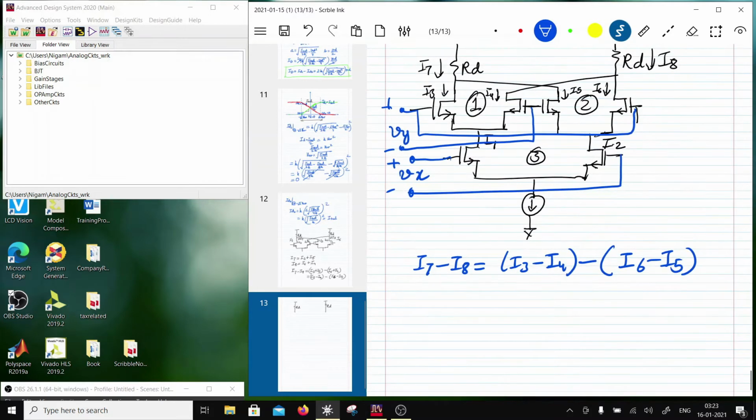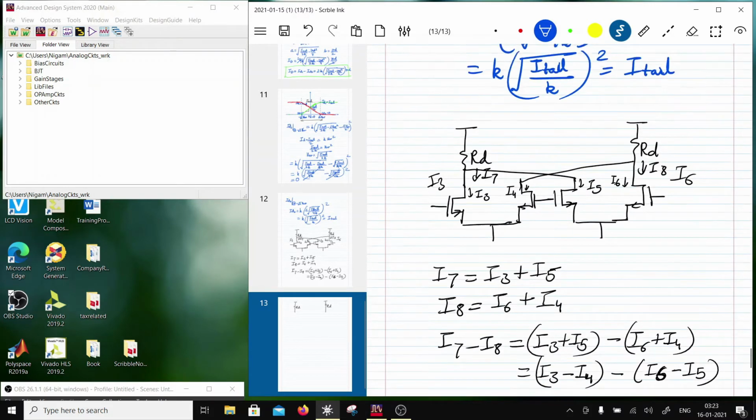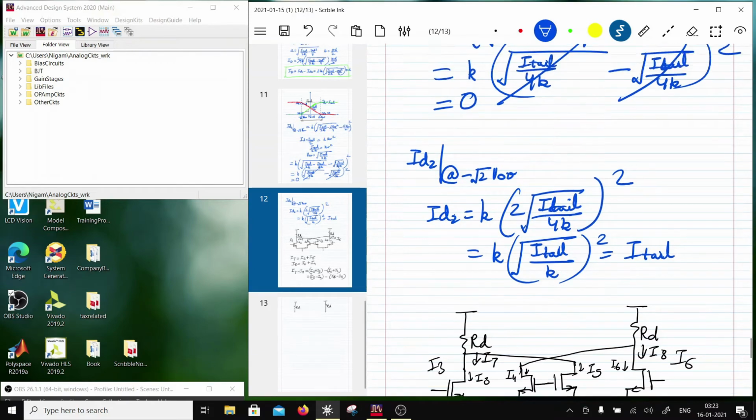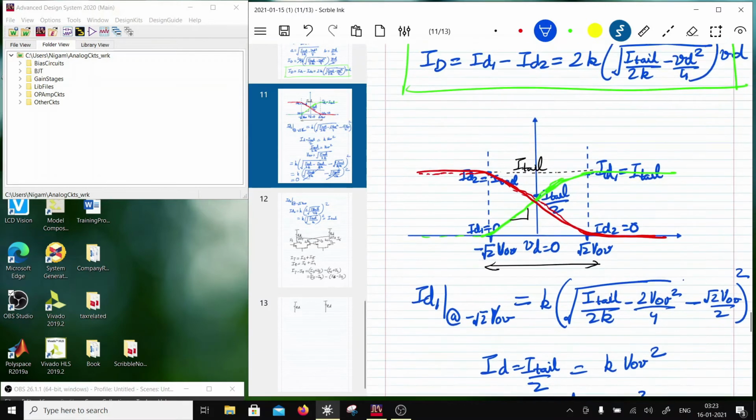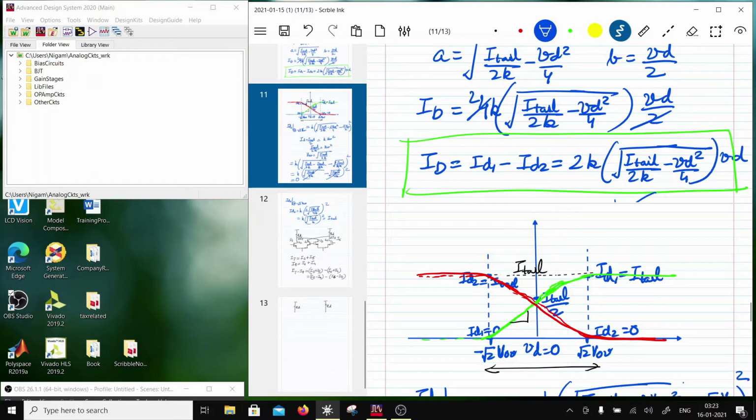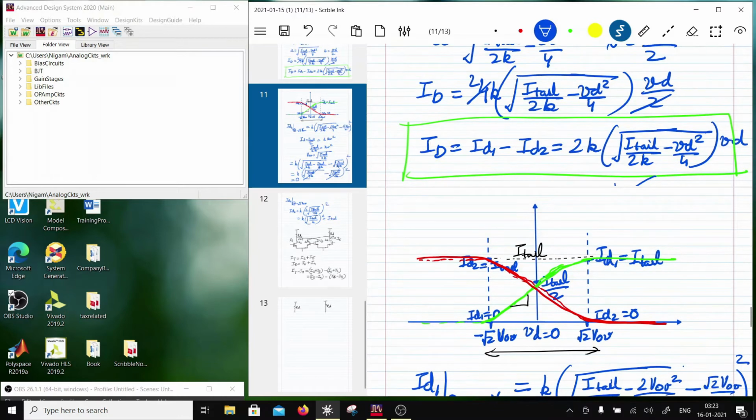Now I can use an equation which is basically over here, ID1 minus ID2, right? That ID1 minus ID2 is over here, right? So here it will be twice of K, and this VD will be, in one case it will be